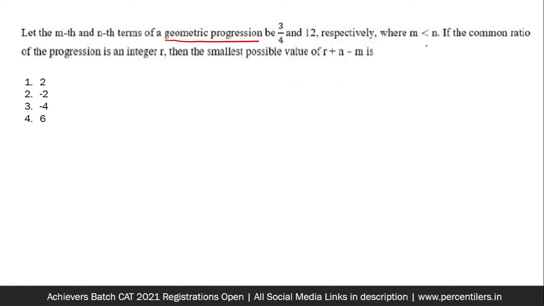So first things first, you see that there is a term n minus m in the expression that we are supposed to find, and related to m and n, this is a situation given which clearly tells you that n minus m is going to be positive. So this term is positive. We want to find the smallest possible value of this entire expression, r plus n minus m, where we know n minus m is positive. Now the entire expression can turn negative only if r is negative. Only then is there a possibility for the second or the third option.